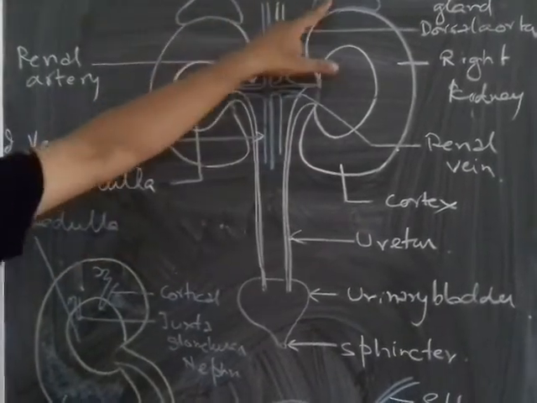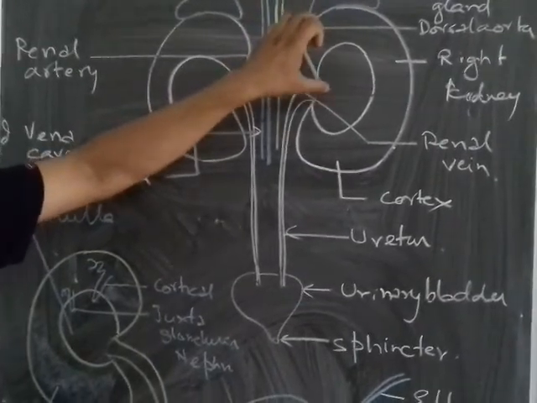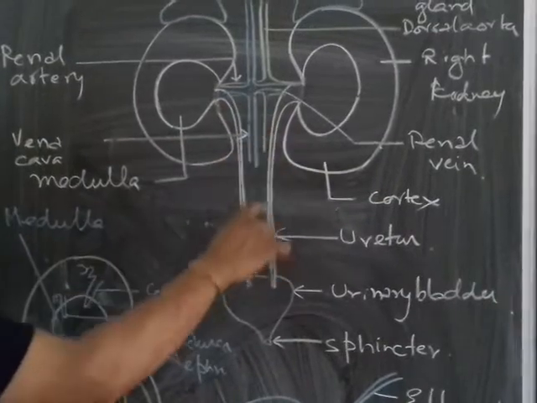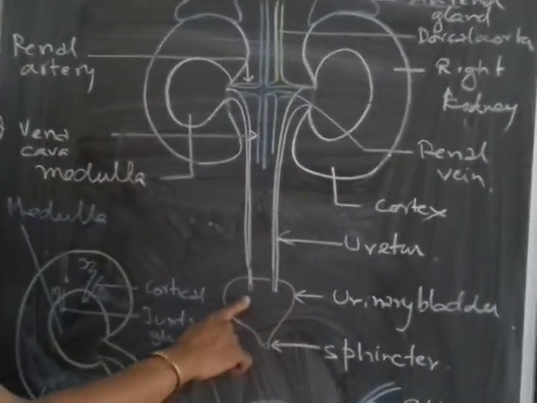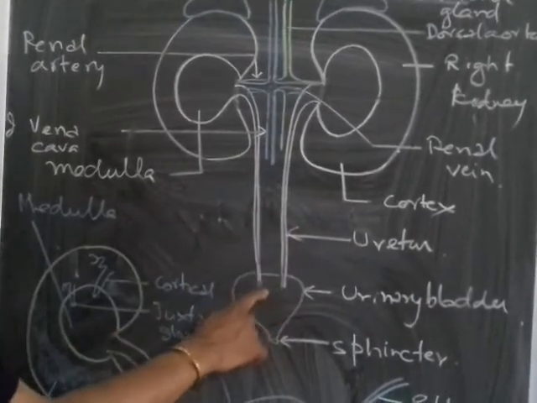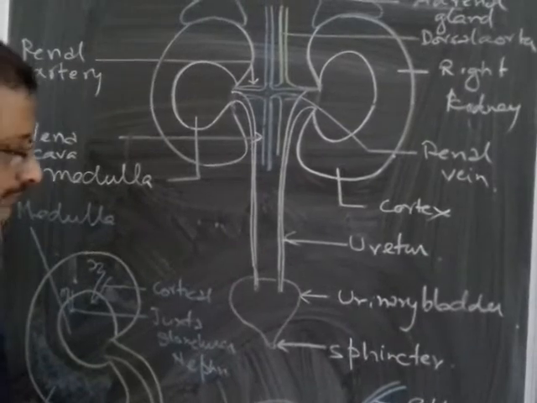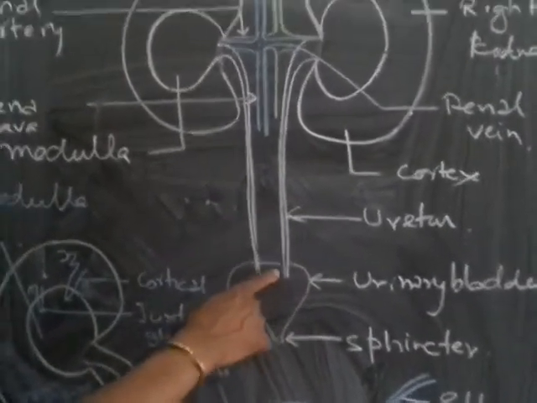On top of the two kidneys there is a pair of endocrine glands, which is the adrenal gland, which we will study in the endocrine system. From the hilus of the kidney, you can see two ureters which run down into the urinary bladder. The ureter enters from the back of the urinary bladder in a region called the trigone. And it is from behind, so I have projected it a little bit here. It should be in dotted line.